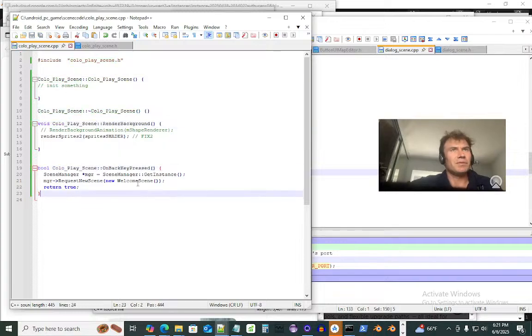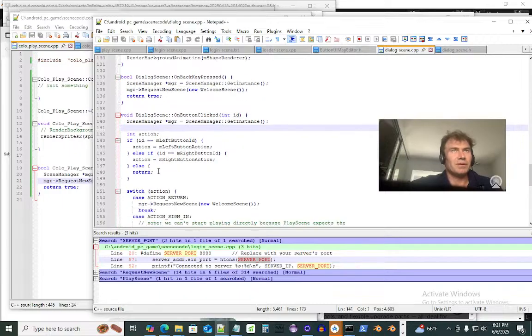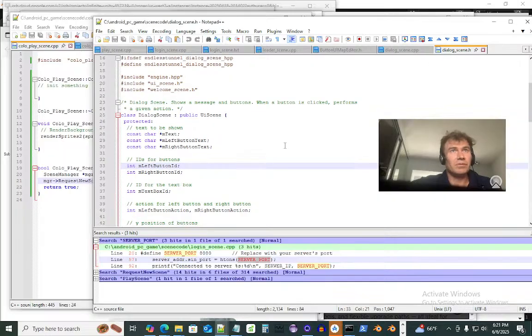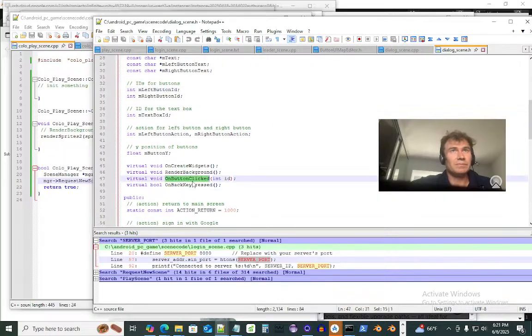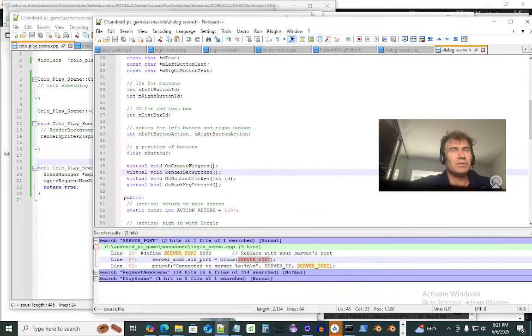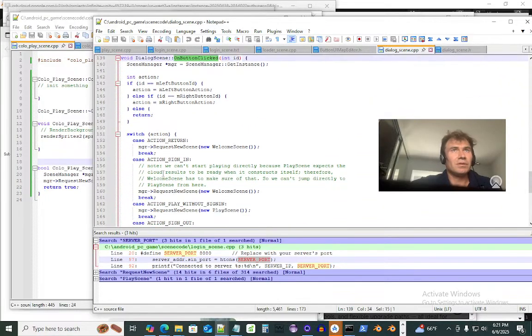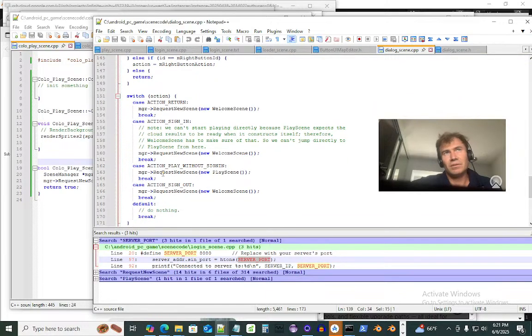Okay, we're almost done. We got already a back button press thing. On button clicked, get instance, if button, right button, left button. Road. On create widgets. Virtual void. Yeah, we need to implement these. If some buttons are clicked,